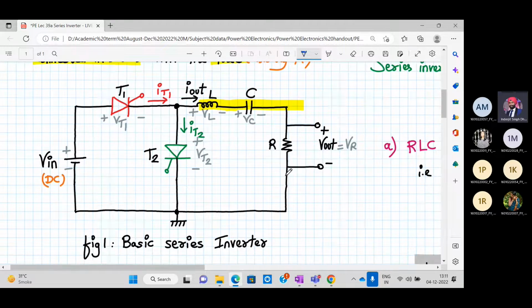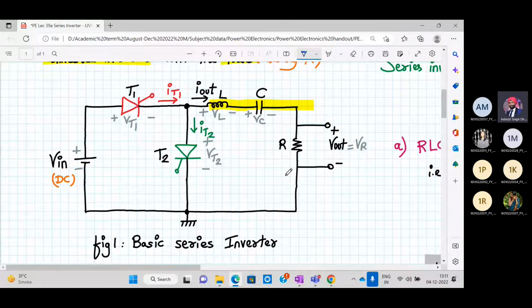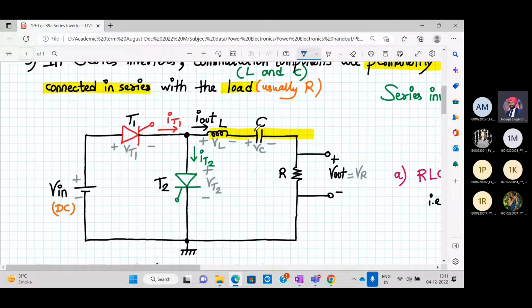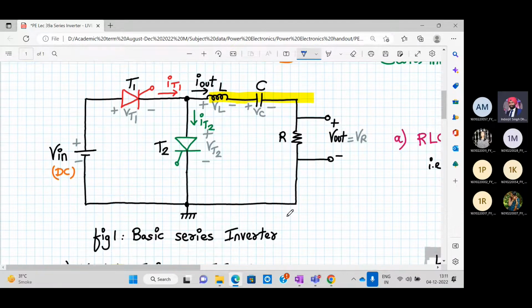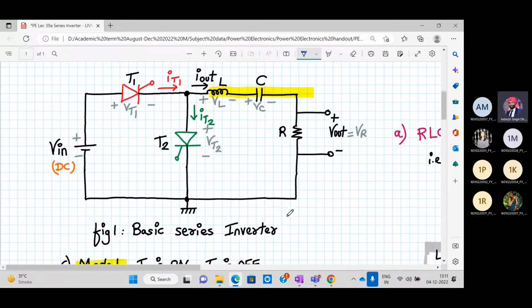Okay, and why is it called a series inverter? Because the commutating components are connected in series with the load. So that's why it's called a basic series inverter. I hope you have noted down this diagram. Meanwhile, while you're noting down the diagram, can you tell me